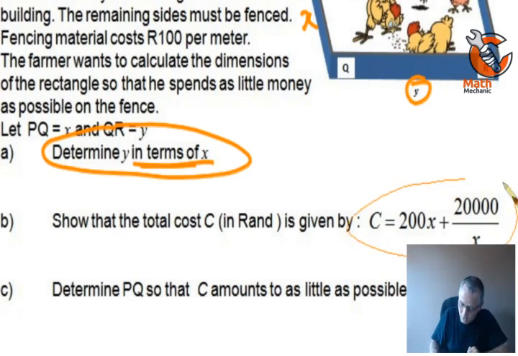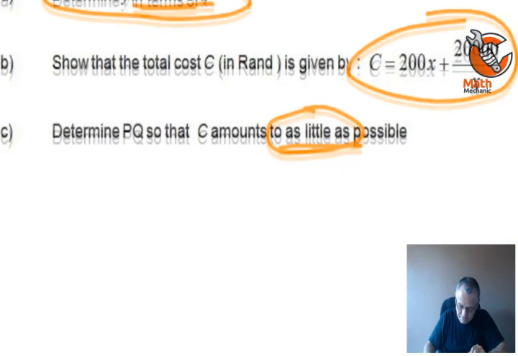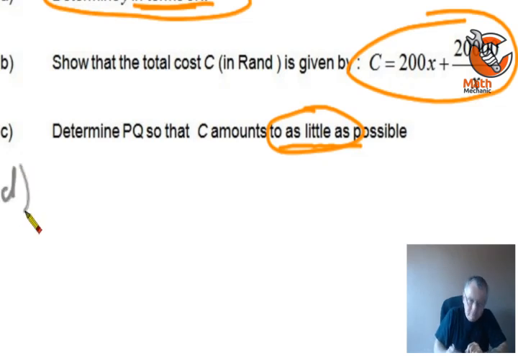And that is what you will find in the next question, typically, where you will then take the one variable in terms of the other, find something, area, cost, volume, length, whatever, it depends on the context of the question, and then you take that formula and you get the first derivative, and you'll see the next question there, as little as possible. So they're asking you for the turning point, because this is now going to be a minimum turning point. That's what they mean with those little words there, as little as possible, meaning find the turning point, and then typically after that you'll get another question, maybe in an exam, where they will then say determine